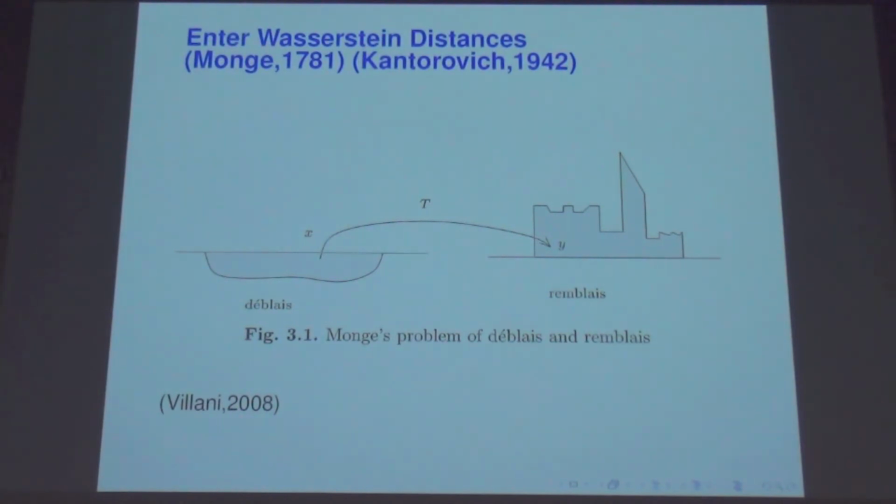He was in charge of building forts for Napoleon. The problem was that every time they finished building a fort, all the residual material came to some piles of dirt, and there were holes all over the ground as well. So the problem is, I need to find a better way to fill those holes with the residual material. If you have some material here, how can you move materials from one point to the other in an optimal way? So he proposed this